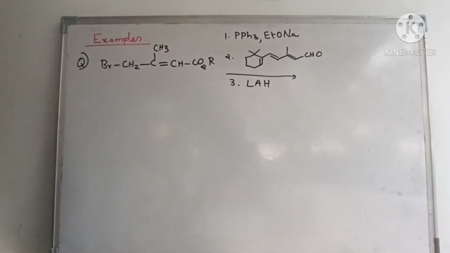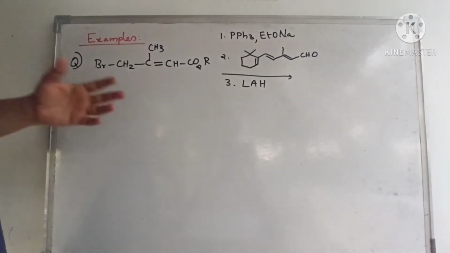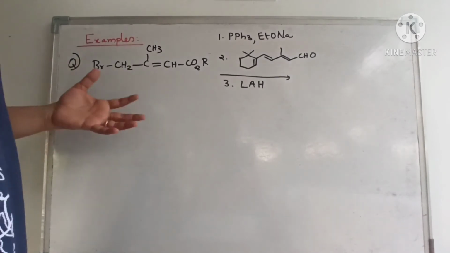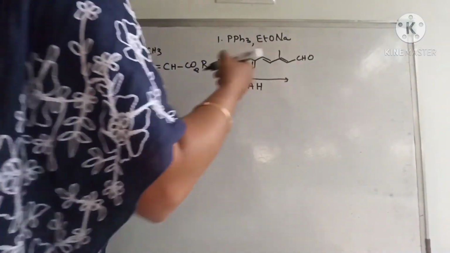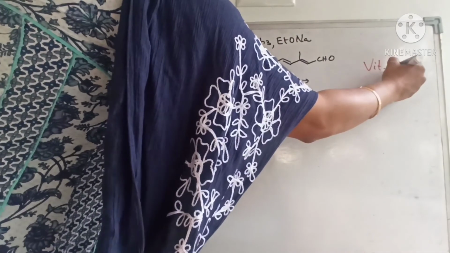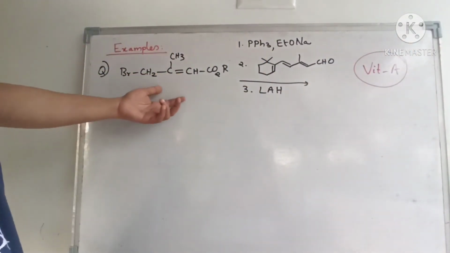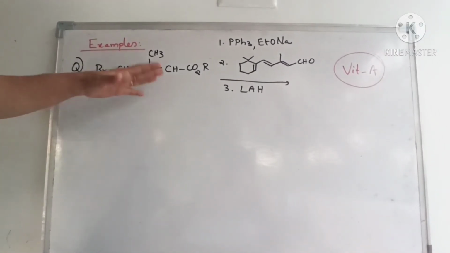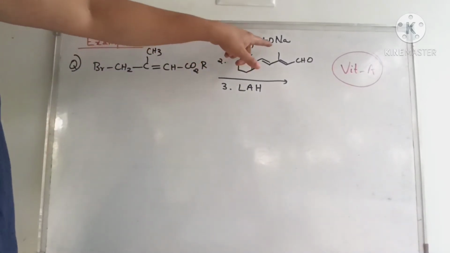So this is a question which appeared in CSIR exams once and as well as in GATE exams, and I should say from the university exam point of view, this is an application of phosphorus ylides for the synthesis of vitamin A. Okay, let me show you how this is happening. Vitamin A synthesis. Okay, so this is a substrate where a halide is attached over here. So basically an alkyl halide. Okay, and the first reagent is triphenylphosphine and base.